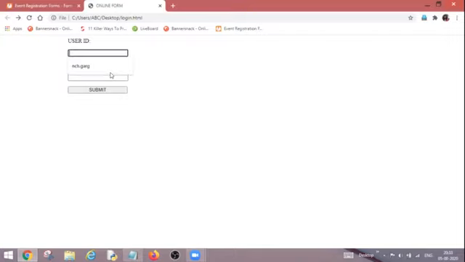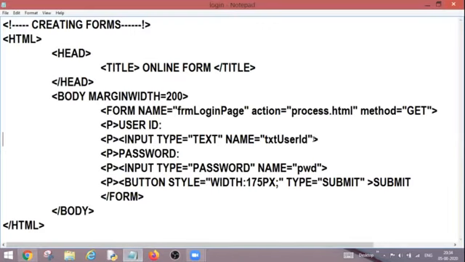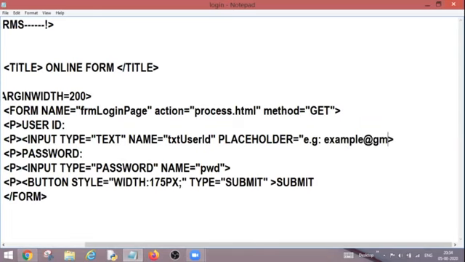Next, we can give an idea to our user about what needs to be filled into user ID and password. Because sometimes the user gets confused whether I need to limit myself only till here, or I need to enter the complete email address for the same. So how can we provide the information to the user? So let's see. We have one more attribute by the name placeholder. So we can write placeholder, and I can provide one example over there of how they can write their email addresses once they are filling their user ID in the text box.